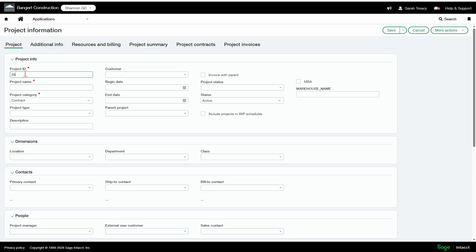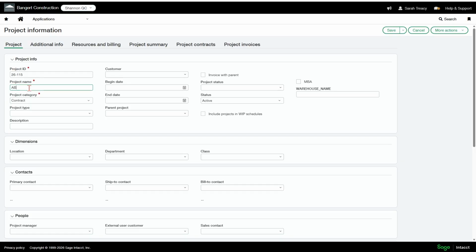You don't have to put it in, and you will have your own numbering structure for your projects. Typically, we see something like the 2-digit year and then numbers after that. So I'm just going to do 26115 for my project ID. Once this is saved, that is a locked field. It cannot be changed. Project name then also is required. Do not use special characters in your project names or anything related to your projects, basically. So any naming that you're doing in Intacct, don't use special characters. The system doesn't handle them very well, so we highly, highly recommend that you don't use them. Keep your naming very simple and no special characters.